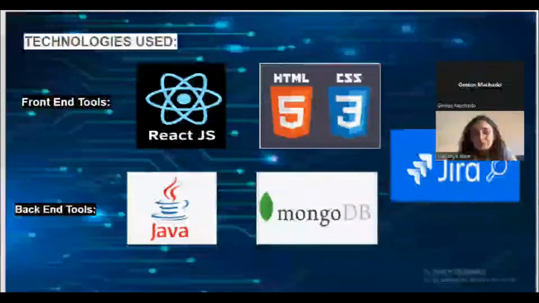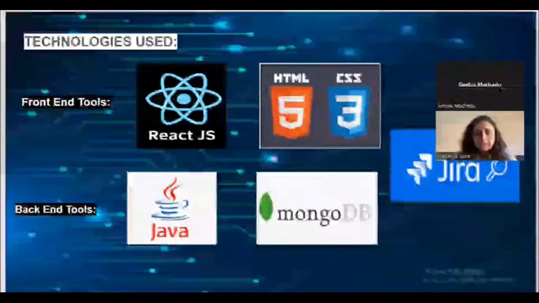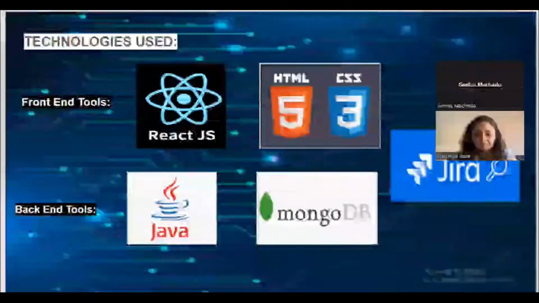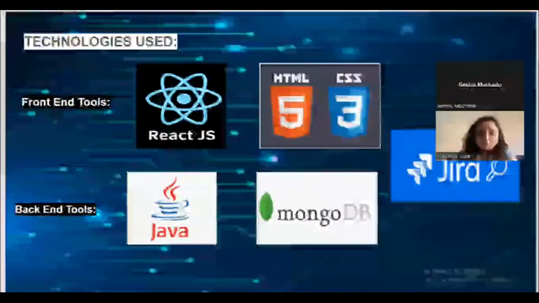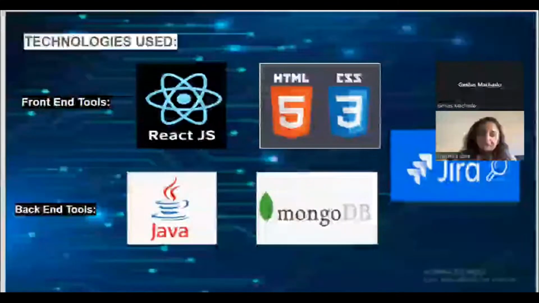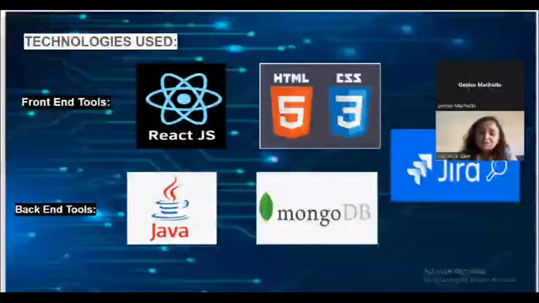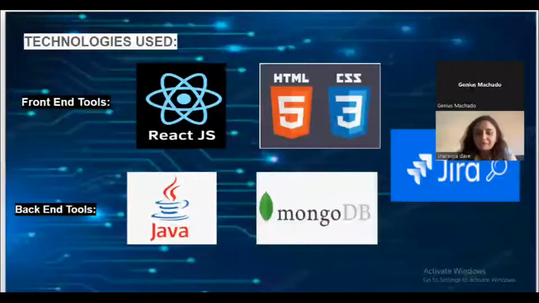For the backend tool, we are using Java. Java is an object-oriented programming language, and it is a computing platform released by Sun Microsystems in 1995. Java in the backend will handle heavy lifting of business logic and data management. The database we are going to use is MongoDB. MongoDB is a document database and it is scalable and more flexible than SQL. Also, it is more advanced and is capable of handling big data with dynamic schema features. Also, the data retrieval in MongoDB is easy.